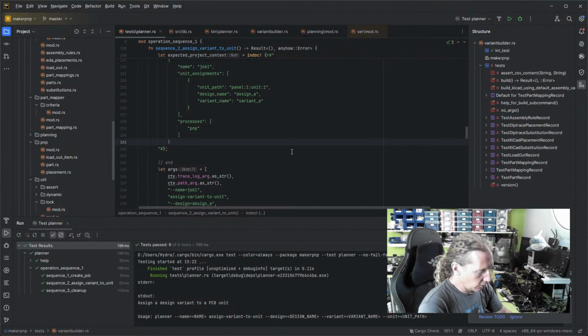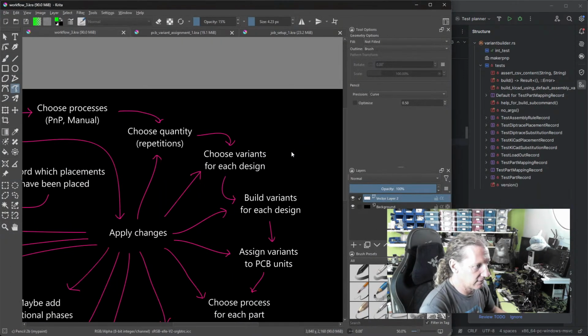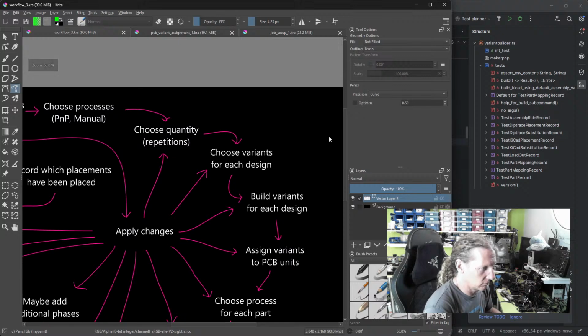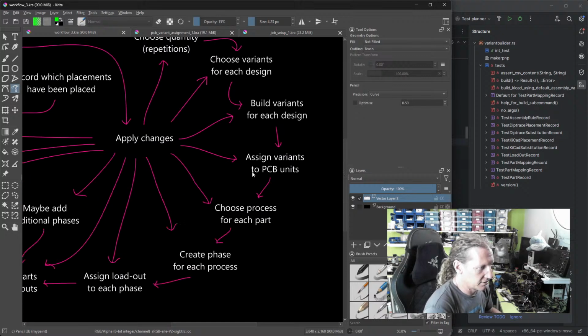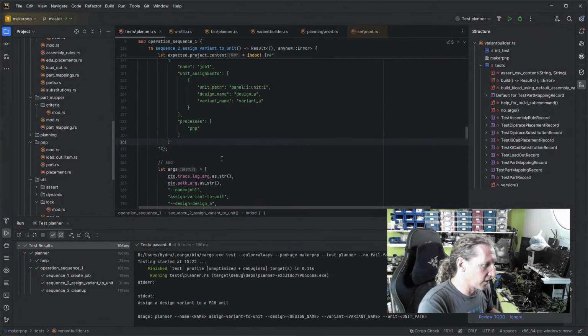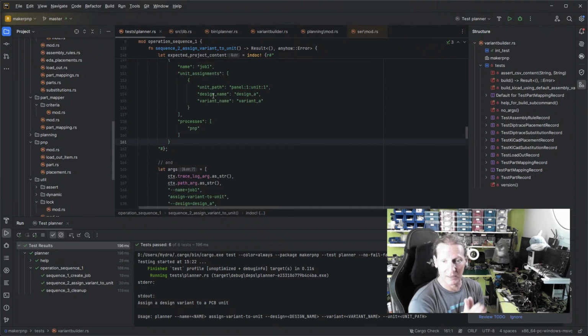Right, okay, so we've got a process. Let's go back to this again. So we're trying to choose a process for each part. But we don't have a list of parts yet, so we can't choose a process for it, so we need a list of parts. Let's get a list of parts from somewhere. So what we've said, how are we going to get the list of parts? What we've said that